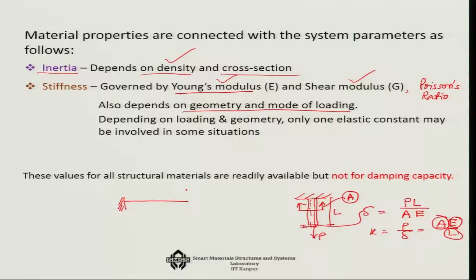Then this expression is going to change, right. If we consider the bending deflection, then this will be a different deflection variation with respect to the loading condition. So, these two will differ. Thus the stiffness itself would vary depending not only on the material parameters, but also on geometry and the loading condition. Now, all this is fine as far as the inertia and stiffness are considered,